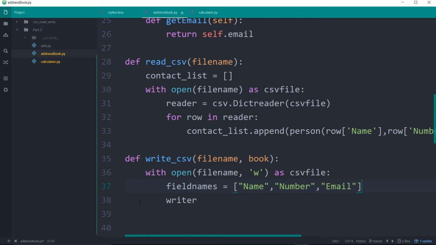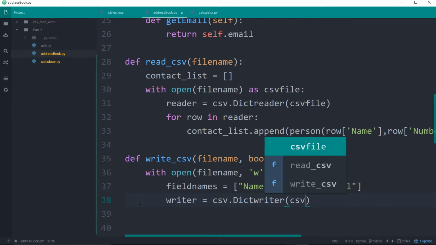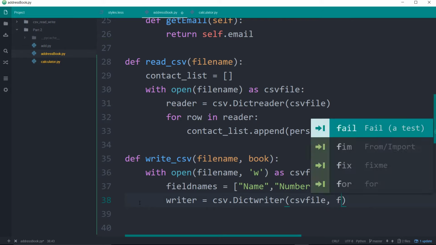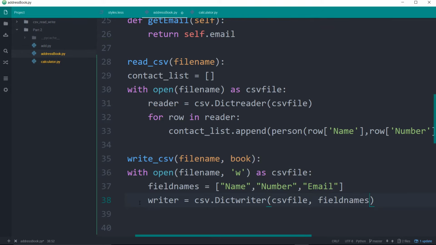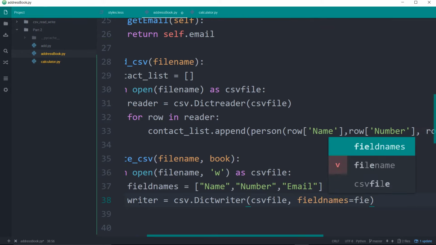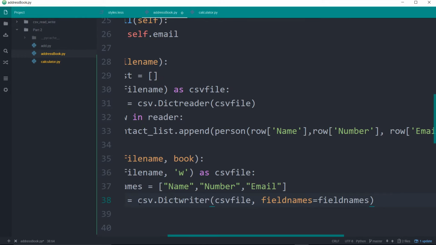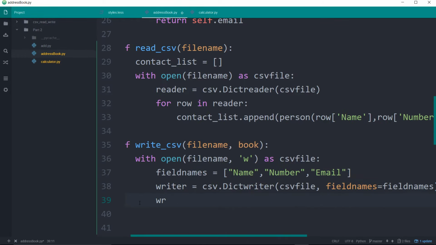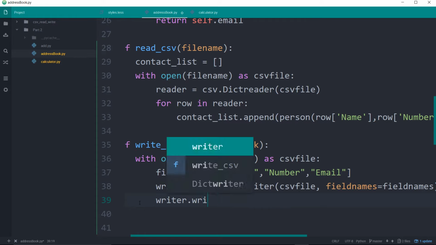All right, and then writer equals CSV dot DictWriter, CSV file, field names equals field names. All right, and then we're going to do writer dot write